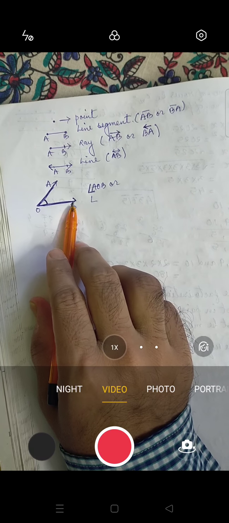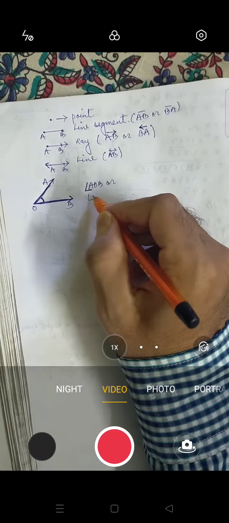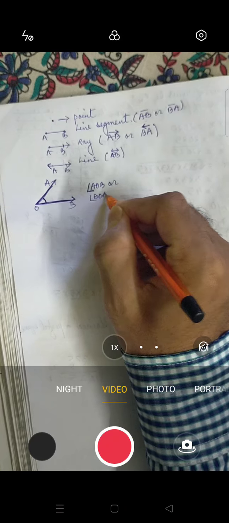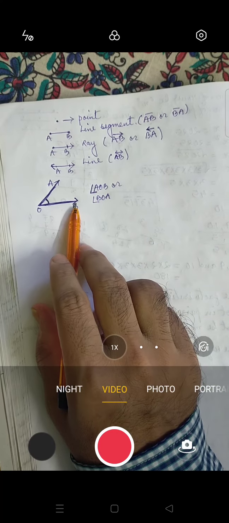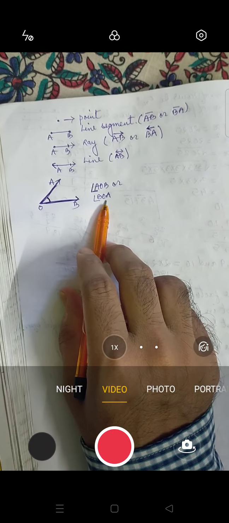If you are taking from B, you can write BOA also. Both are correct. It's not like if a student has written this as angle AOB, that is correct, and if someone has written angle BOA, that is wrong. No, both are correct. Fine. Now suppose